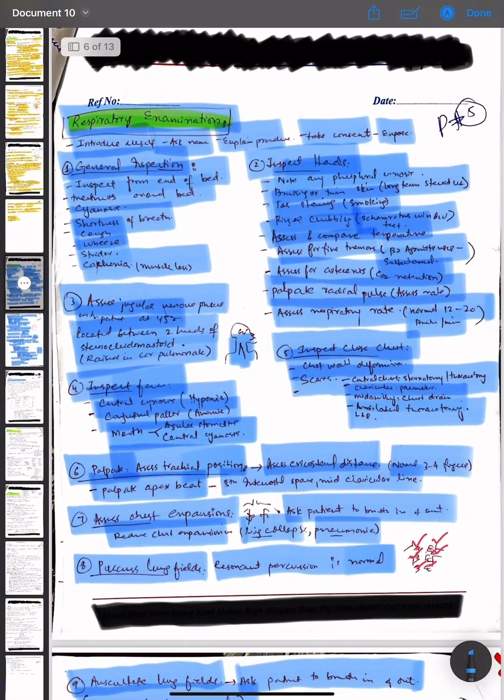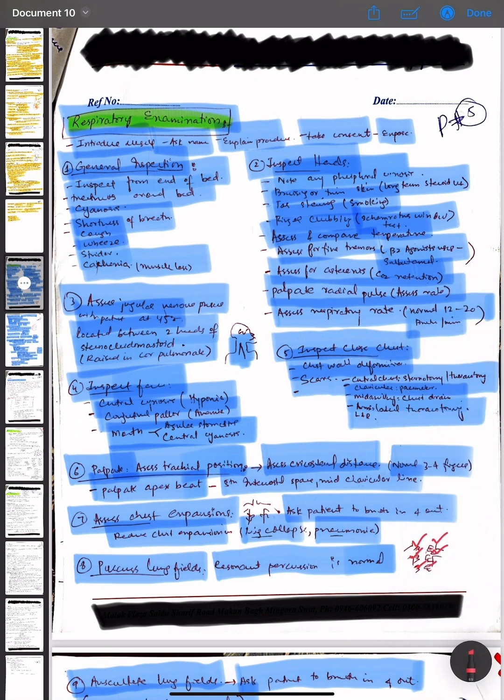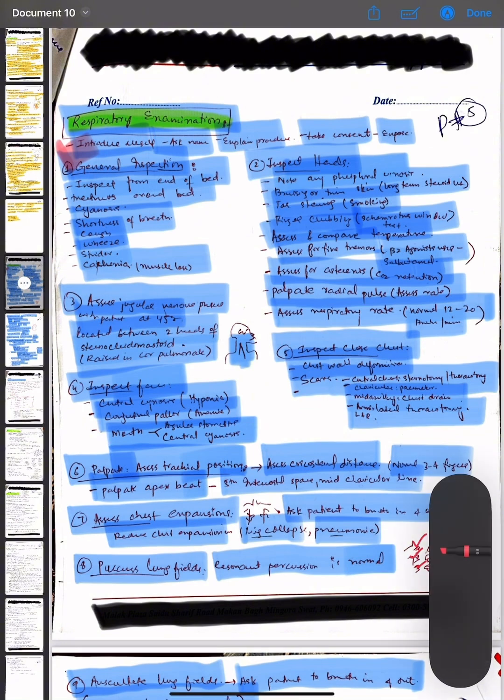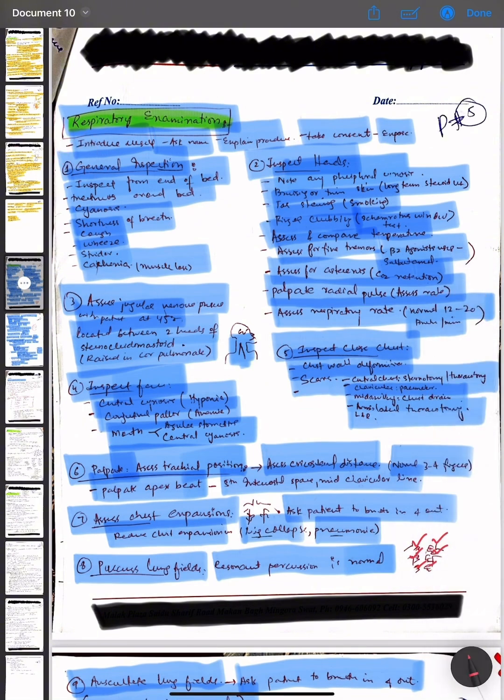First of all, introduce yourself, explain the procedure, take the consent, and expose the patient. Then the next step is you have to do the general inspection. On general inspection, inspect from the end of the body